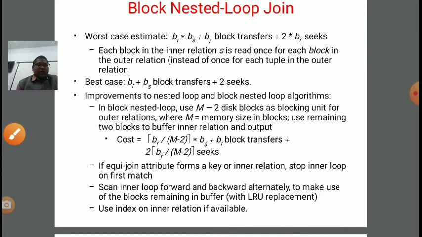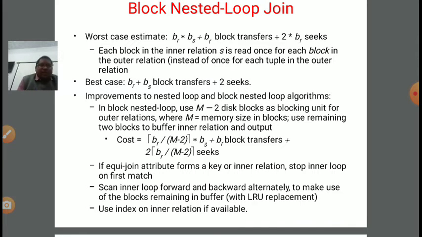Now, some improvements can be done to the nested loop and block nested loop algorithm. In block nested loop, use m-2 disk blocks as the blocking unit for the outer relation, where m is the memory size in blocks, and use the remaining 2 blocks to buffer the inner relation. The cost becomes BR upon m-2, with the same formula, since we are dividing by m-2 disk blocks, and the seek and block transfer time will change accordingly.